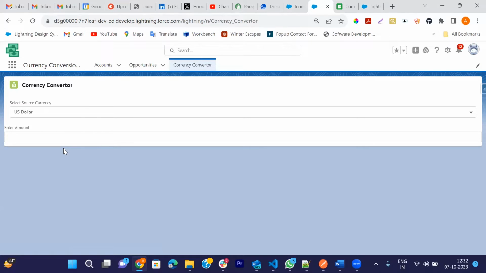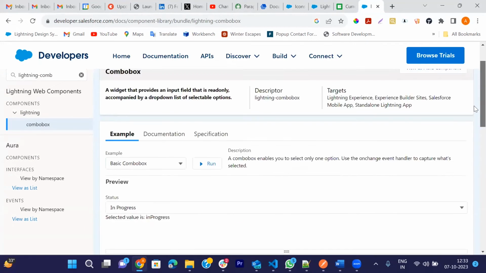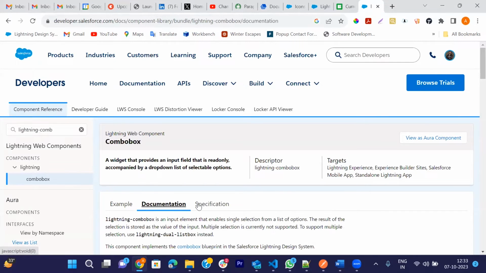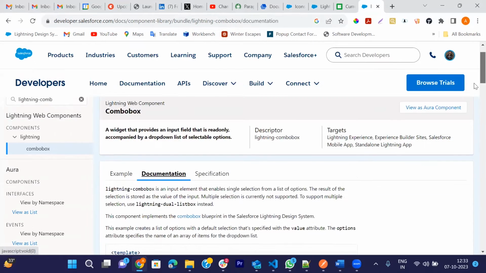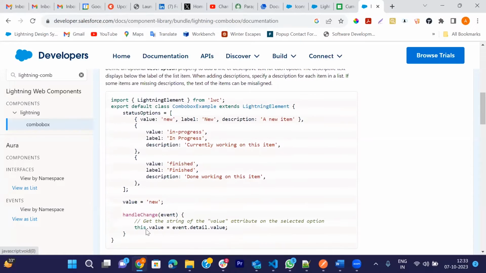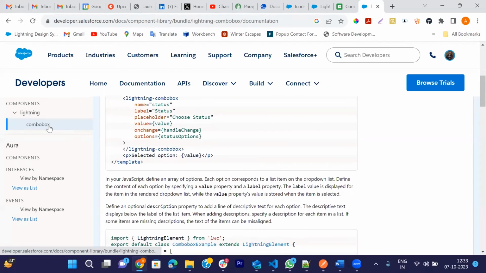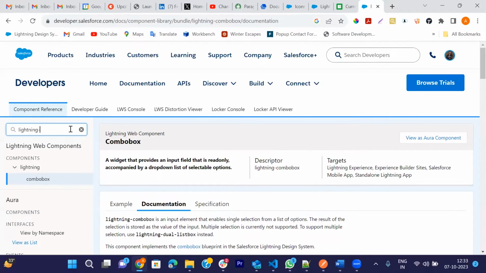So when you are using the combo box in the component library, it is already given in the documentation and specification which event we want to use. There, if you see, for this you can use detail dot value. But if you are using any input tag here, lightning input,